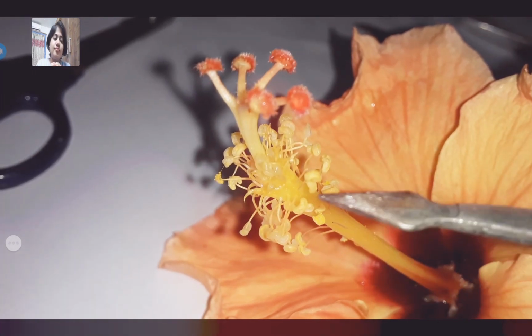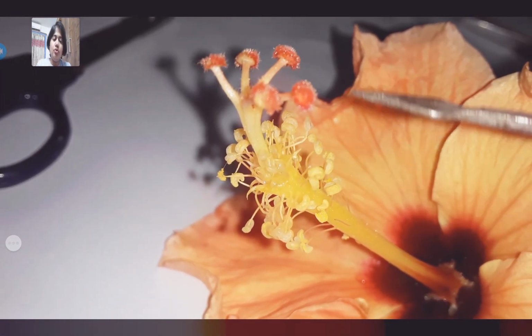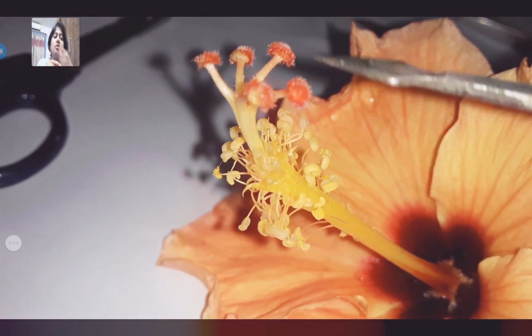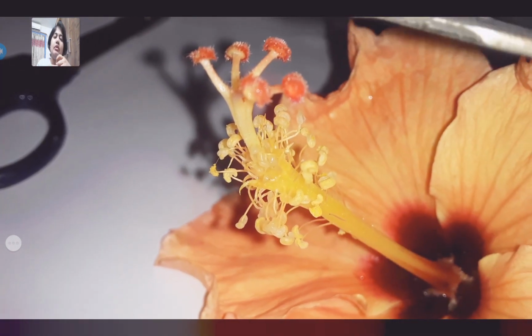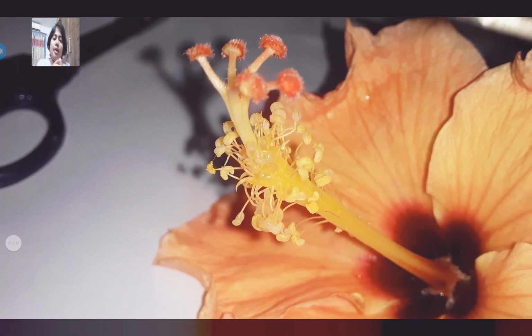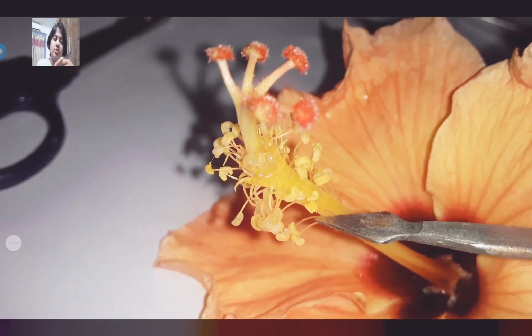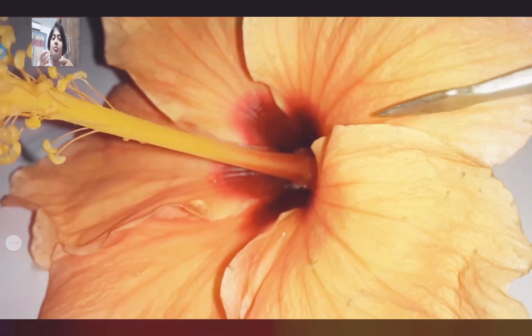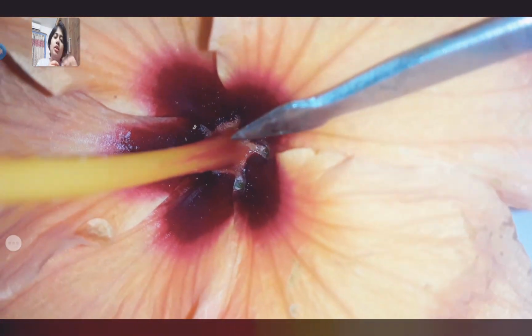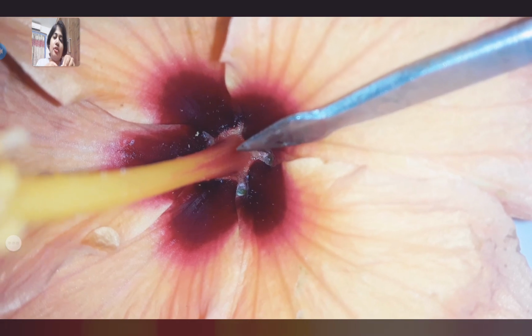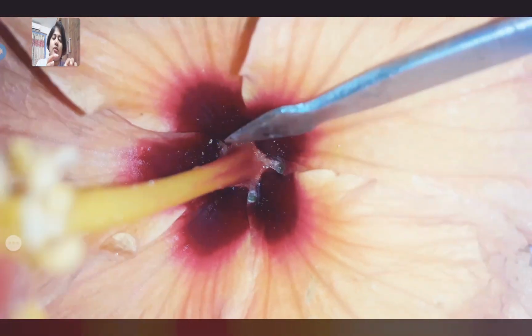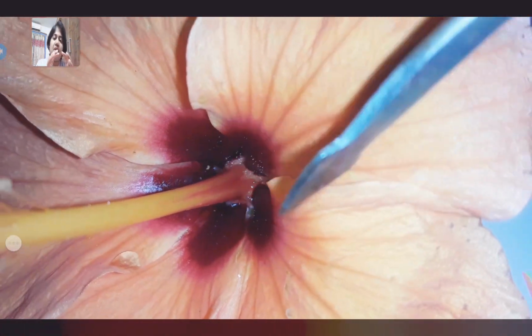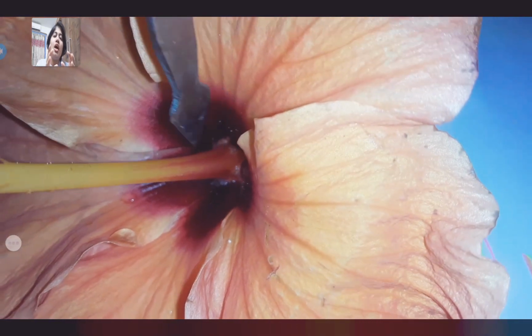The holding part below that is called the filament, the one which is holding the stigma and anther. Below that there is an ovary, which is covered with the petals. We will remove the petals, and we will be able to see how it looks. The ovary is present over there.